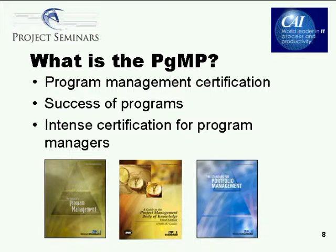This is a very intense certification for program managers. Unlike what you may have experienced in the PMP, you're going to find you have to pass through some more reviews in order to get even to the exam. And then post-exam, there's another review that you're going to have to complete. So it's a lot of steps that you're going to have to move through in order to earn this elite certification from PMI. It's based on, right now, the 3 books that you see there on your screen, the Standard